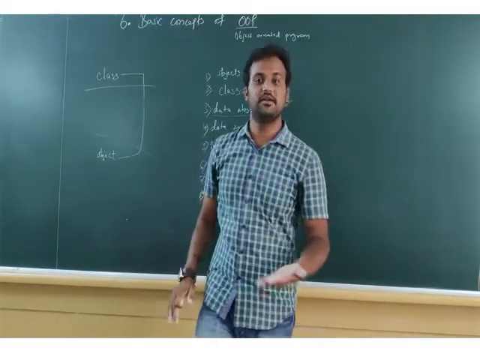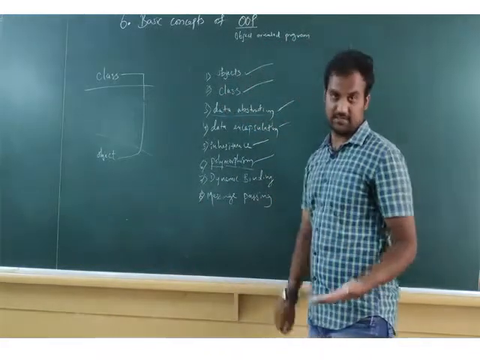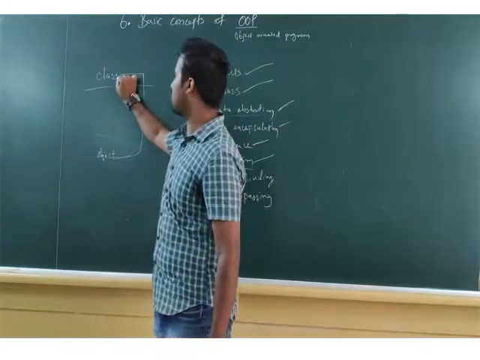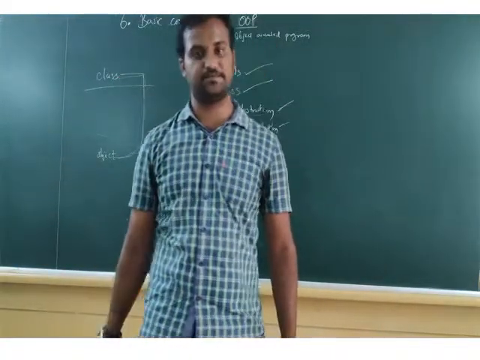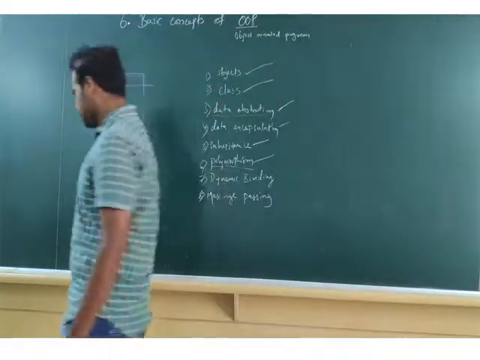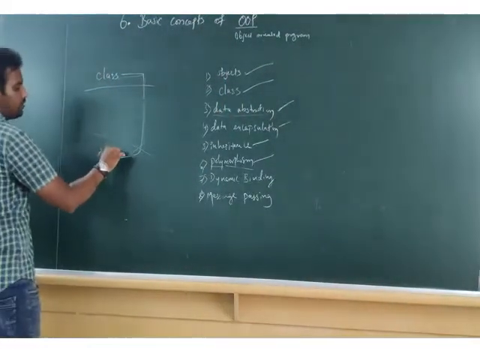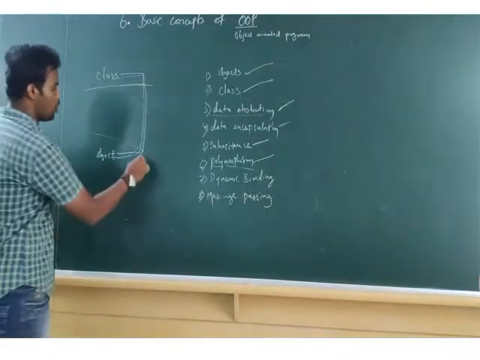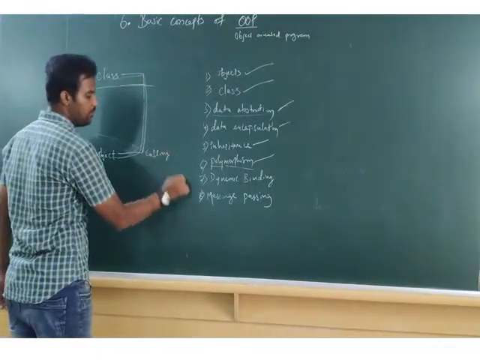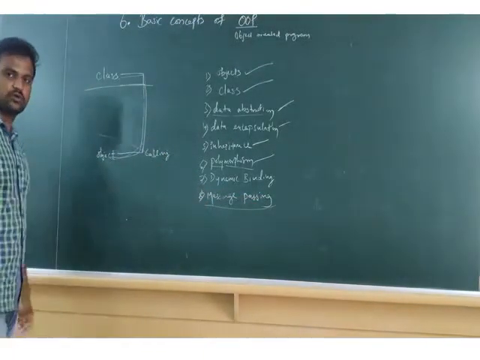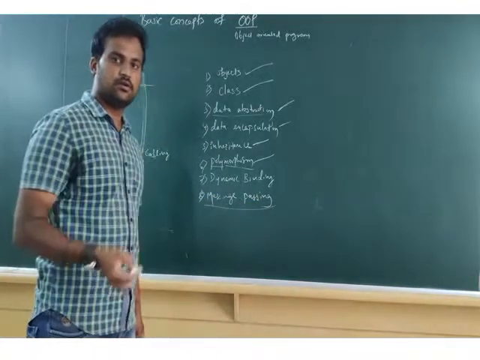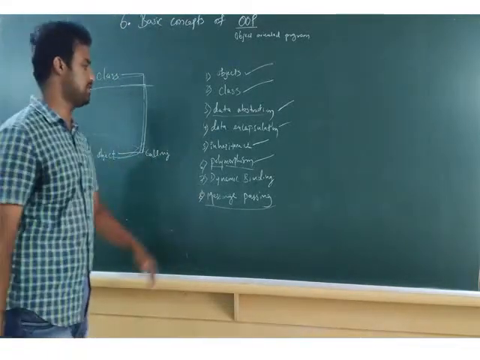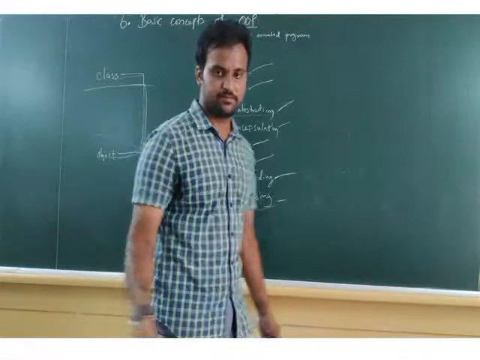Bind together. Next comes message passing. Message passing means the object is going to pass a message to the class telling it to execute a particular function. Objects call functions, and functions are written in the class. So calling means passing a message. Passing a message means telling them to execute it. That is nothing but message passing. Dynamic binding, message passing.